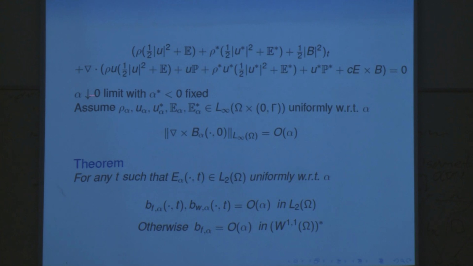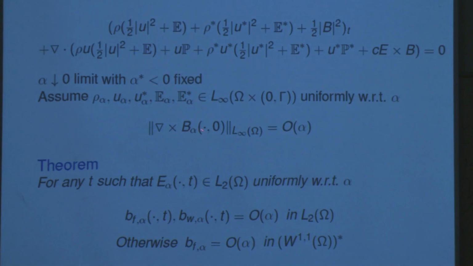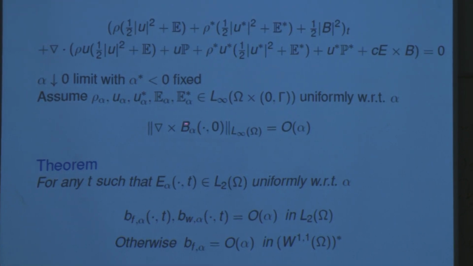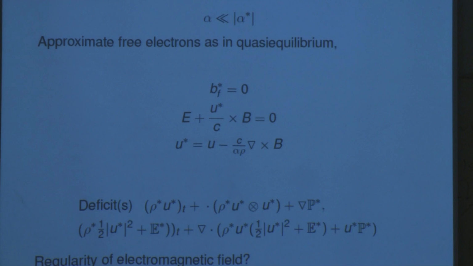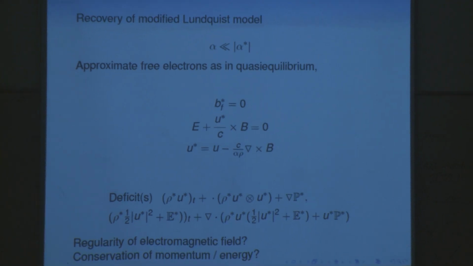Finally, we have a result if alpha goes to 0 and we take alpha star fixed, if everything is bounded nicely, uniformly, and the initial data has curl B. See, curl B is the current. So if you're going to have the charges becoming neutral, you have to have 0 current in the limit. So you make it 0, then the body force at work terms also go to 0. So that is the parameter limit as the ions, as the molecules become neutral, non-ionized.